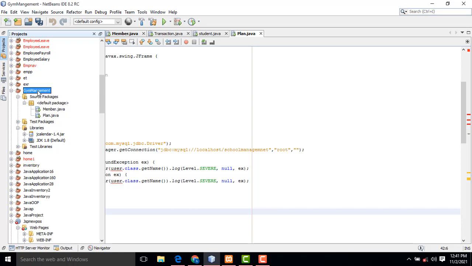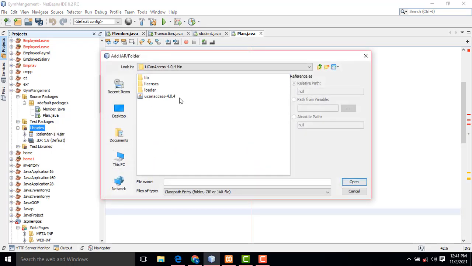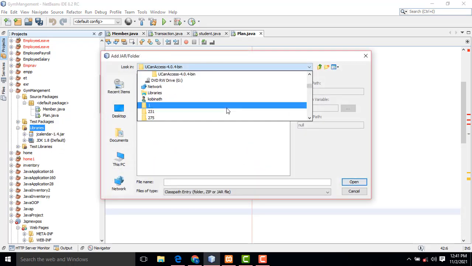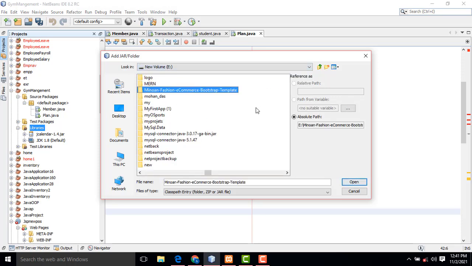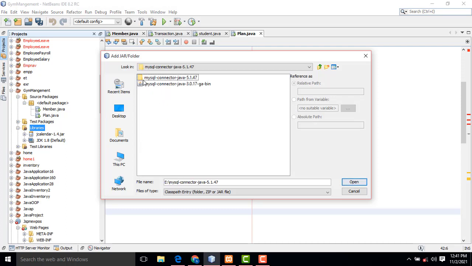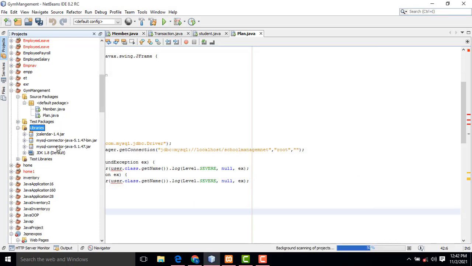So how to add the MySQL connection? We have to add the MySQL connection into your system. Click the libraries, add jar folder. Here you can add the jar file. I have the MySQL connector.